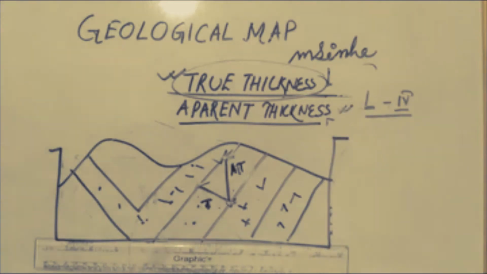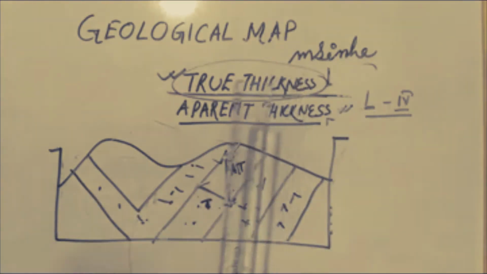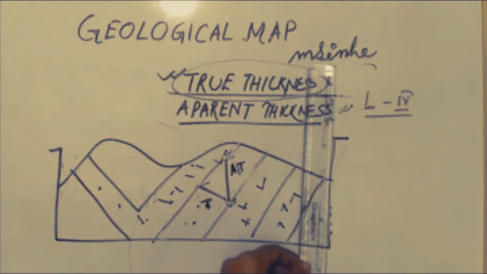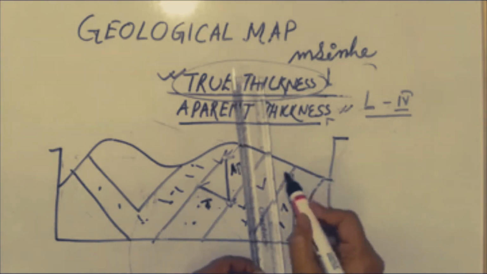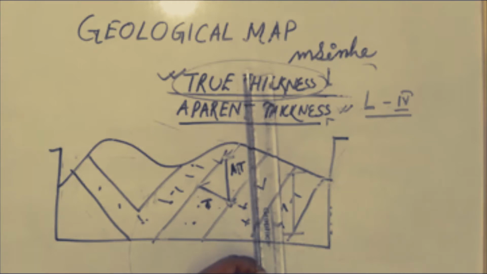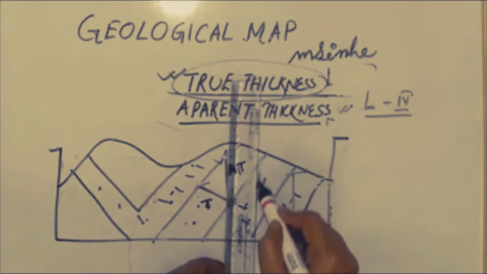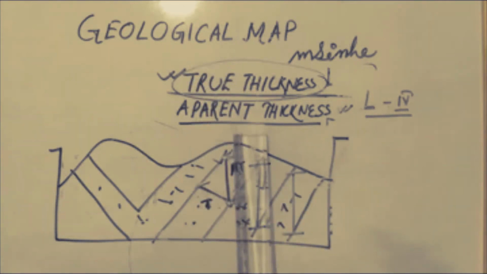So the easiest way to measure the apparent thickness from the vertical scale is to take a scale, start from your vertical scale line, move to the bedding plane and draw a line. Take this linear distance and convert it into the map scale. That is the apparent thickness. Move to that bed, take this linear distance and convert it into the map scale. Draw the apparent thickness. Now, what is the true thickness?